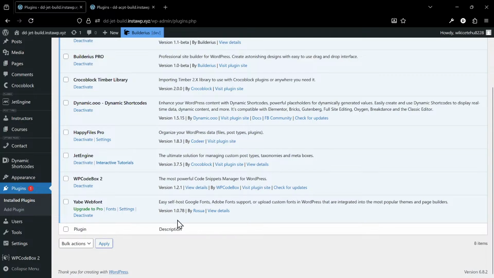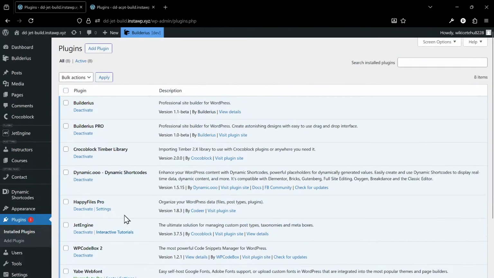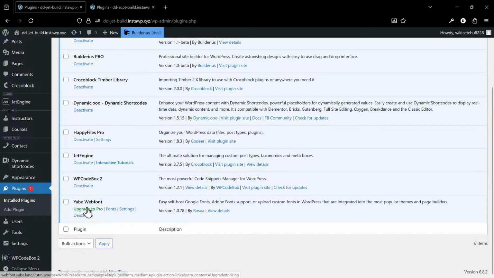That's the easiest way to do it with Builderius for now. But I think they said after they've finished some of the UI portion, in version 1.2 or something like that, they will start introducing their own font manager and other things like that. So for now, you need to use the Yabe web font or add the fonts yourself manually. So that's it for the